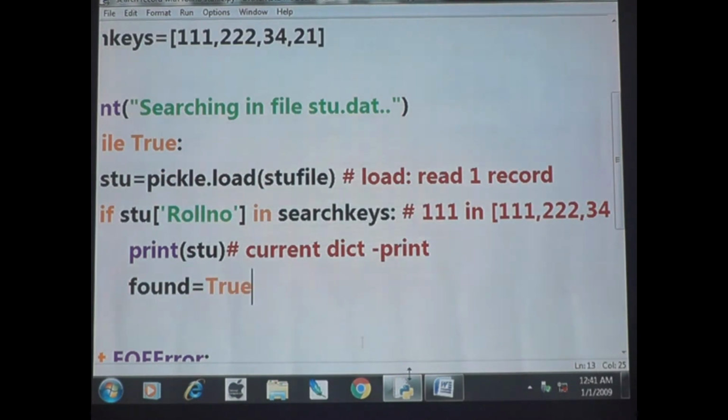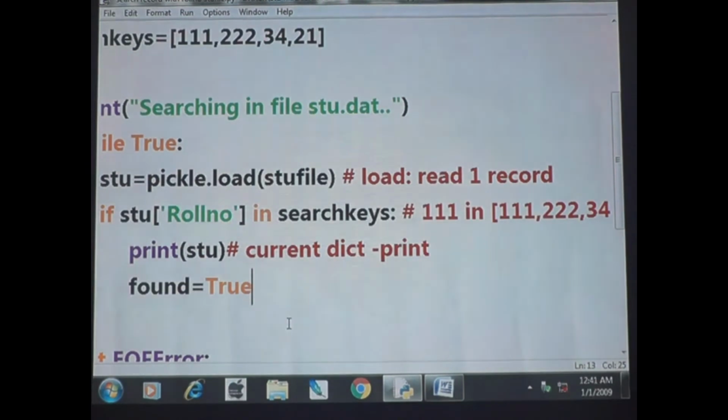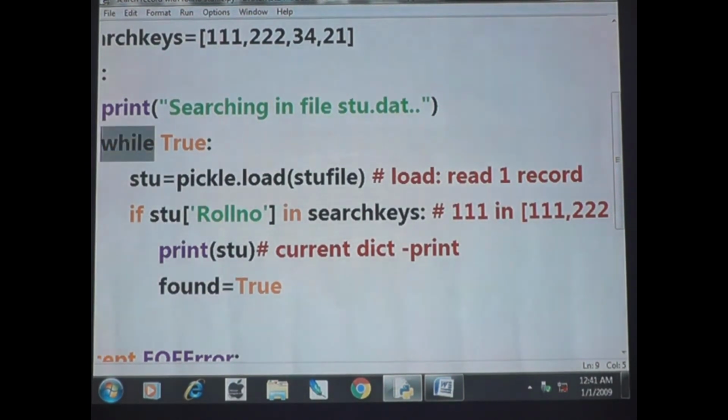Then listen carefully. Do we have to read only one line, or do we have to read all the lines? Yes, we have to read all the lines, so we have to use a while loop. Because of the while loop, once the true part finishes, it will once again go to while true.